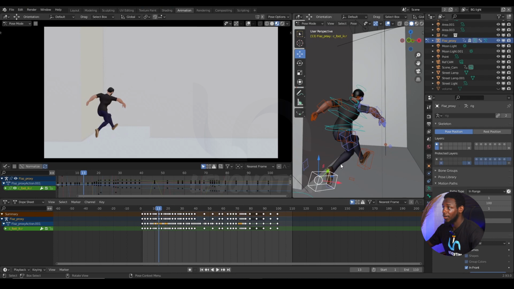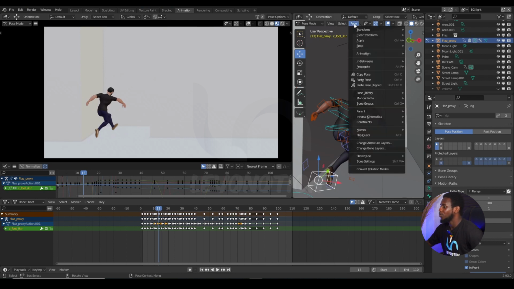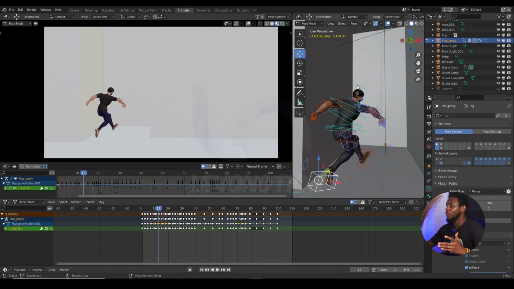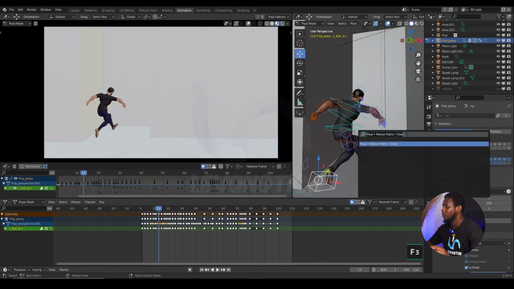Right, so to generate the path, you can come to Pose, and then you see Motion Paths here. You calculate to create the motion path, and then you clear to clear the motion path. But there's a faster way to do so. Just press the shortcut F3 on your keyboard, and you have that.